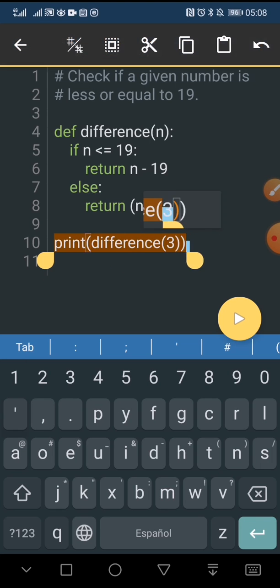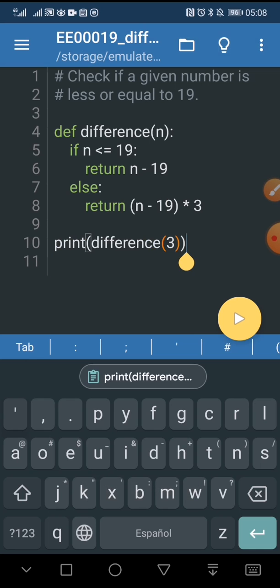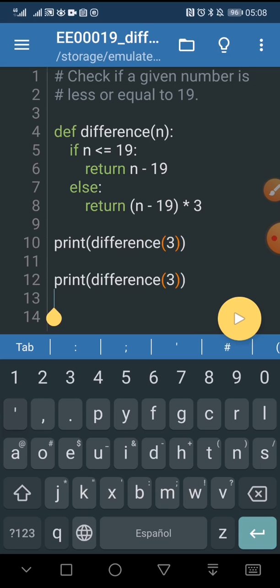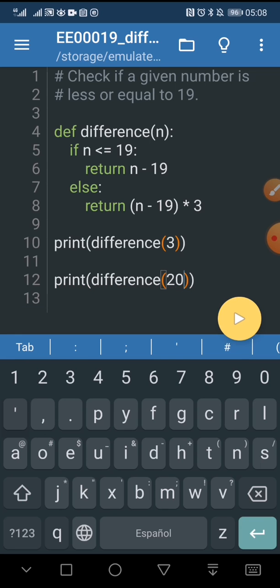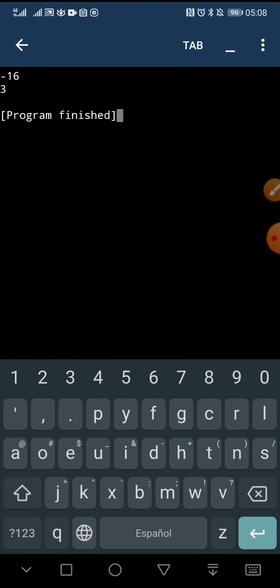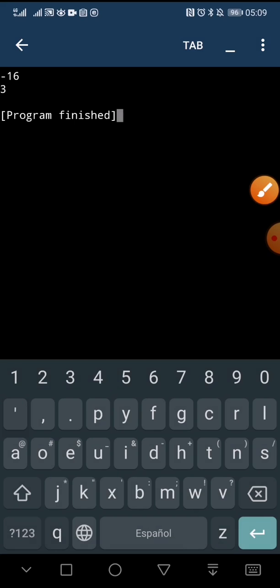I will copy this and paste in here in this line of code. I will pass 20. So 20 minus 19 is 1. By 3 we get 3. Here is the result for that case. Okay,